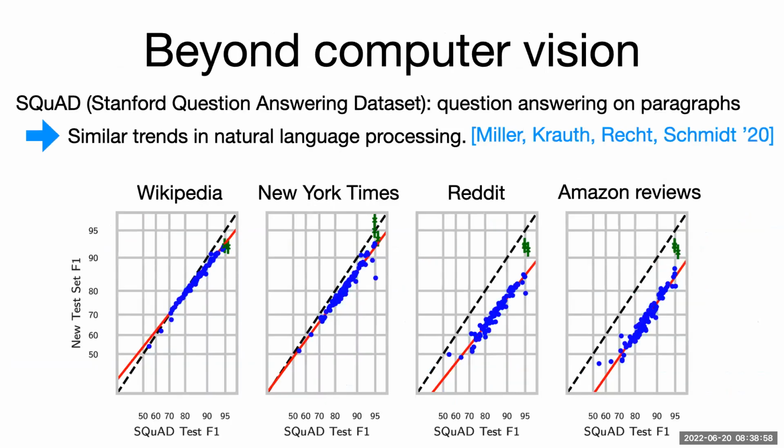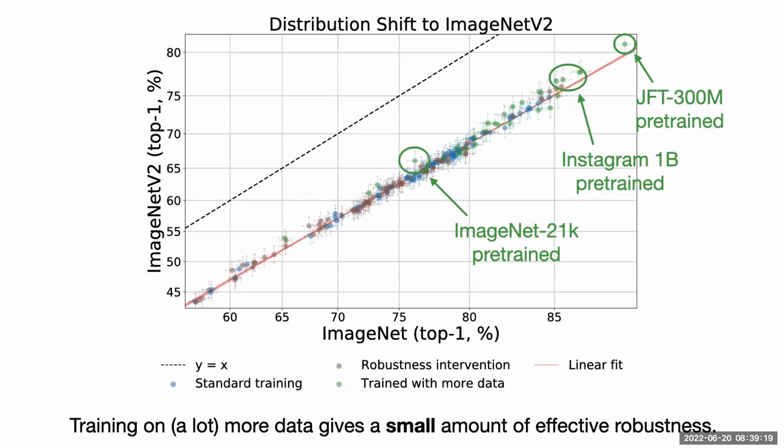So in another paper during my postdoc, we looked at natural language processing, specifically question answering and the SQuAD data sets. We basically also constructed distribution shifts for these data sets, and overall the trends are similar. In the interest of time, I'm not going to tell you about more of the details there. Instead, let's go back to the question we had and talk a little bit more about the role of data,